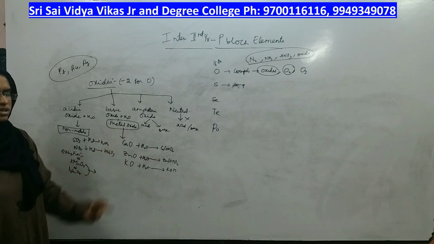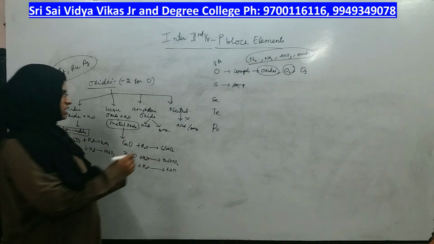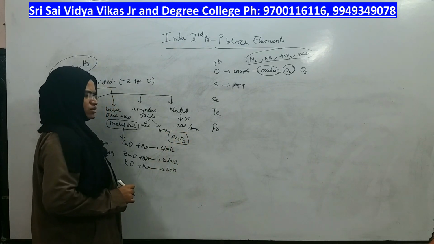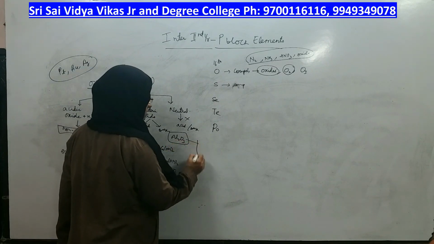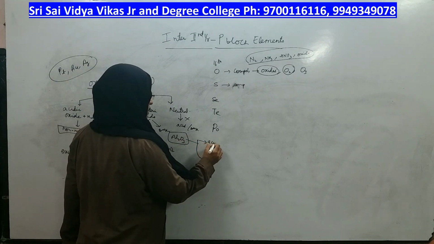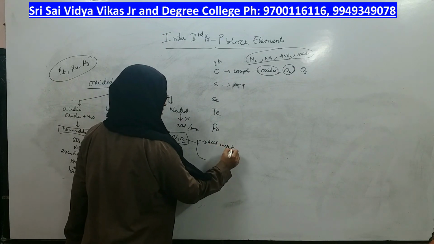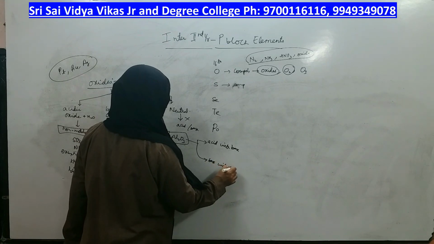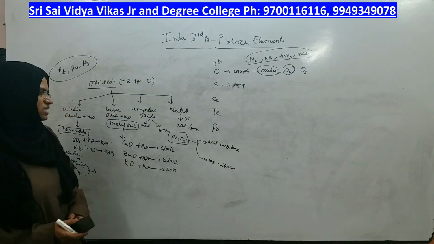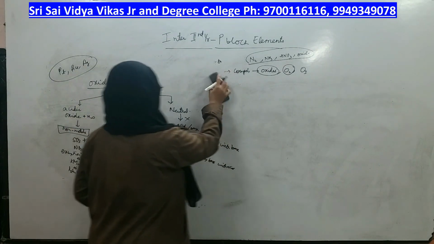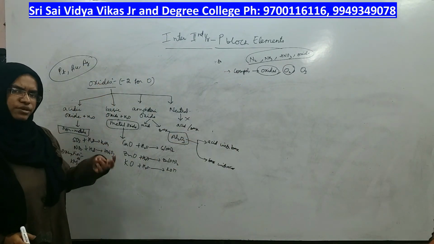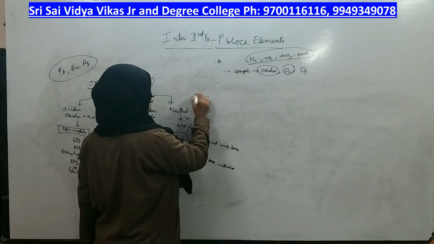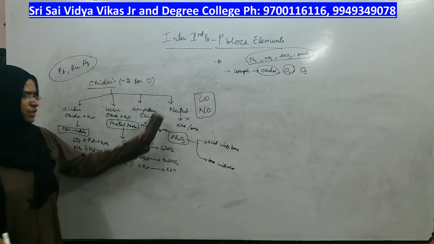Okay. Amphoteric, the example which comes under amphoteric is Al2O3. Why? Because this oxide behaves like acid with base and behaves like base with acid, right? Now the last category. What is the last category? Neutral. They don't act like acid, they don't act like a base. Which oxides come under that category? Carbon monoxide, nitrogen monoxide. They come under neutral oxide category.